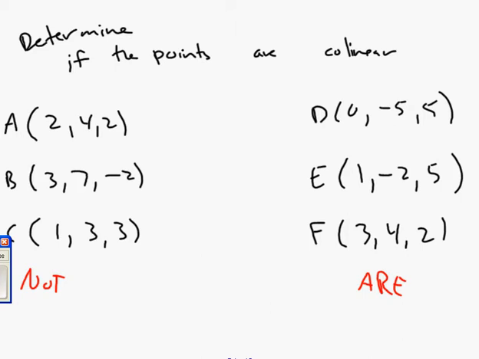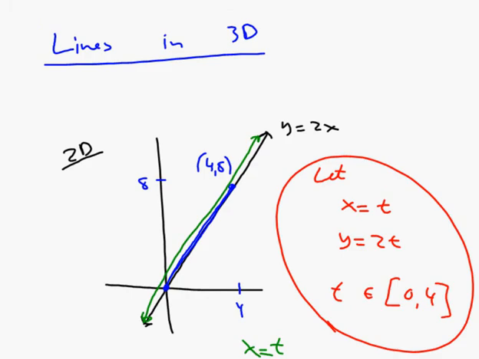So let me just say this again. These were two homework problems you're asked to look at. The question was, are the points A, B, and C collinear, and the points D, E, and F collinear? And it's sort of tough to talk about this because we haven't even talked about what lines in 3D look like. But yesterday, we did a little bit of work to arrive at what I called the vector form,